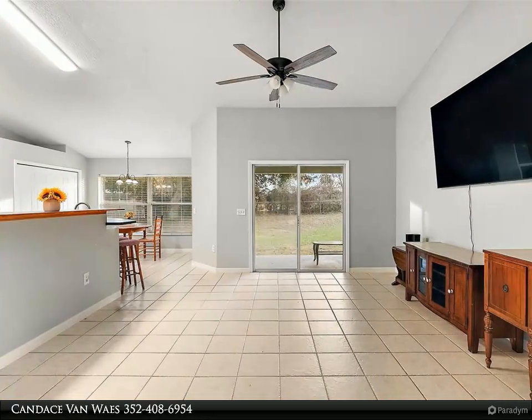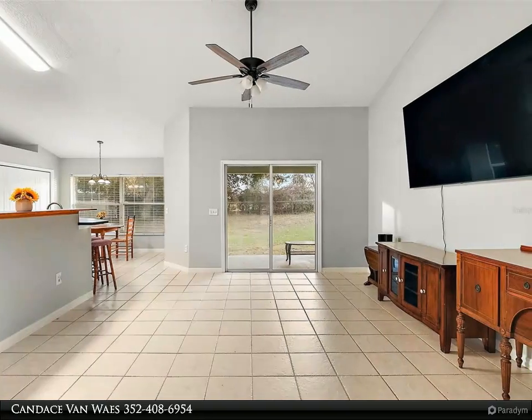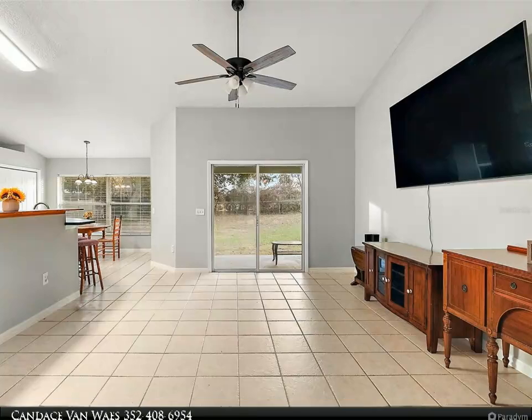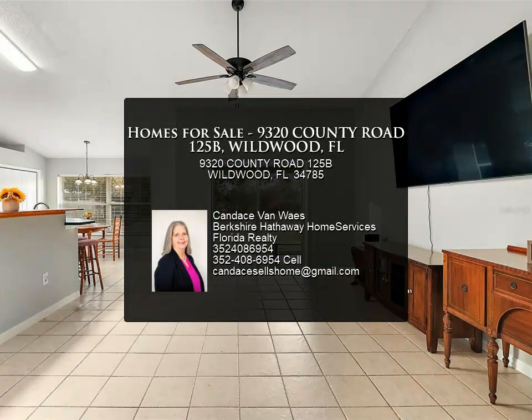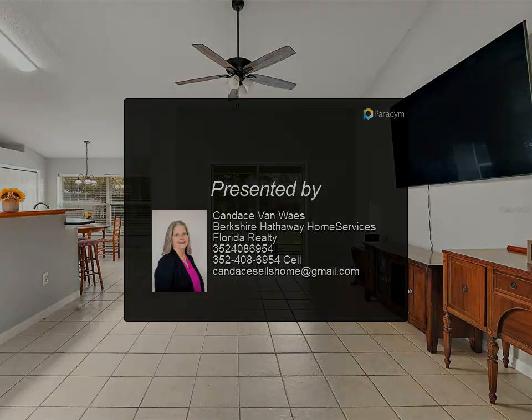Enjoy outdoor living at its finest with a fenced backyard, perfect for pets and play, and a covered patio ideal for relaxing or hosting friends and family. Located just minutes from the Villages, this home offers convenient access to shopping, dining,